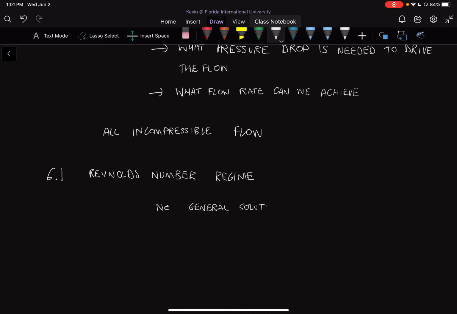So we have no general solution for pipe flow, so we can't just say, apply this equation to pipe flow and you'll know all the answers that you have. It's just one equation, you plug it in, and everything is okay. Flow in pipes actually changes drastically as Reynolds number goes up. So we can say that the behavior